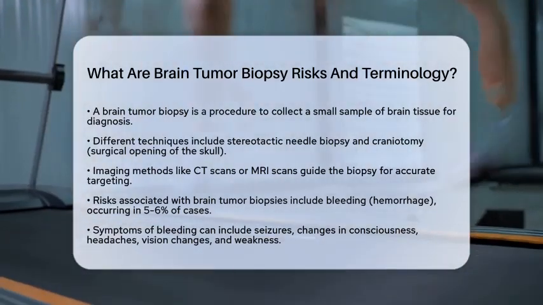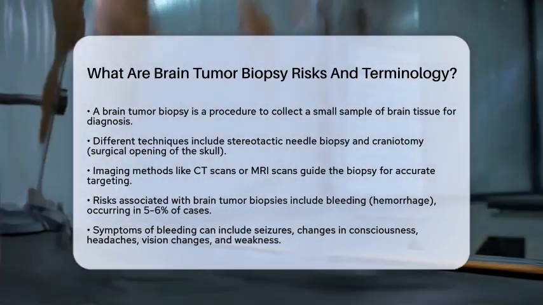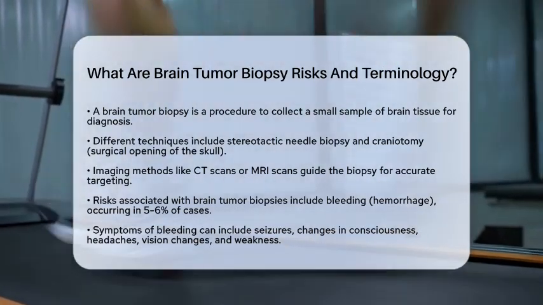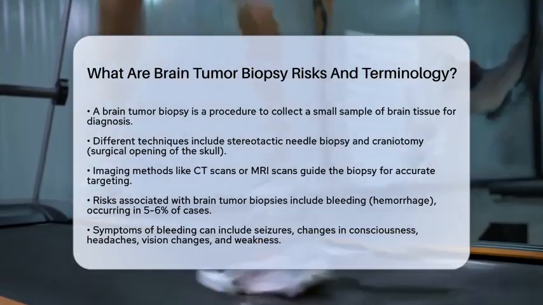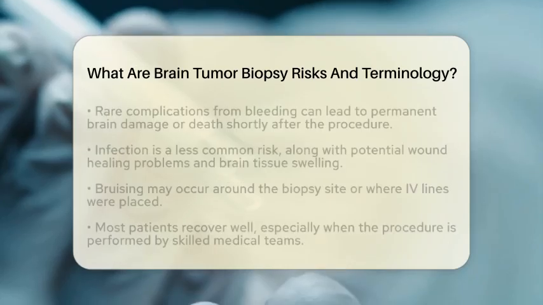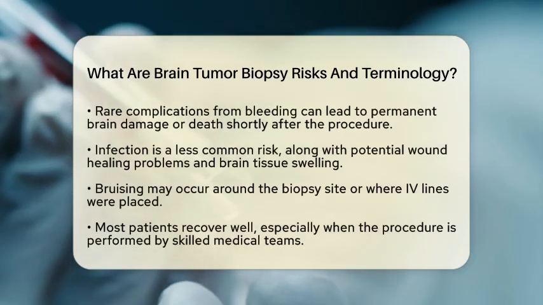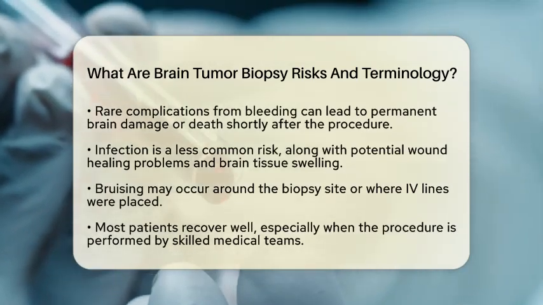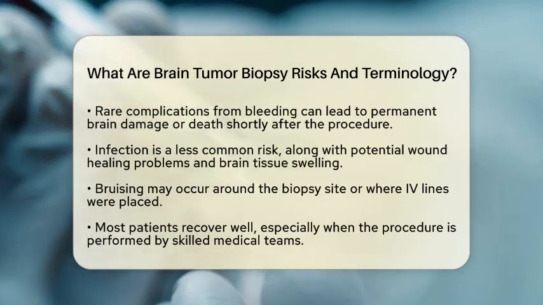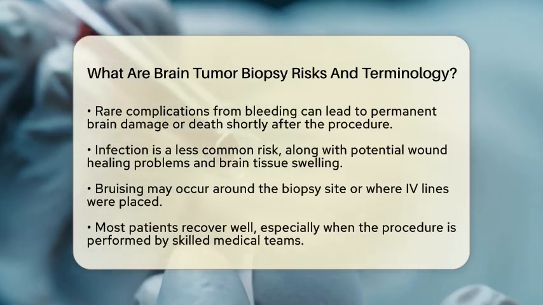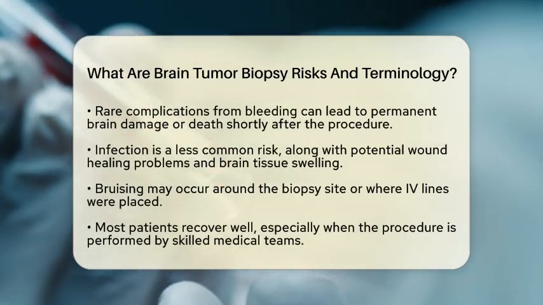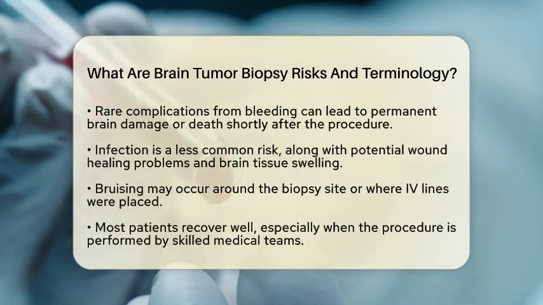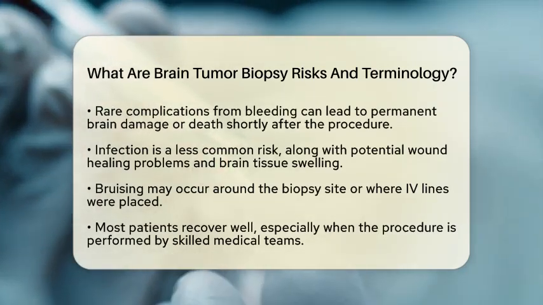One of the most significant risks is bleeding or hemorrhage, which can occur inside the brain. This happens in about 5 to 6% of cases and can lead to serious symptoms such as seizures, changes in consciousness, headaches, vision changes, speech difficulties, or weakness on one side of the body. In rare instances, complications from bleeding can result in permanent brain damage or even death, usually occurring within hours after